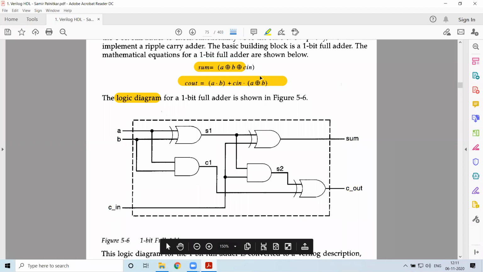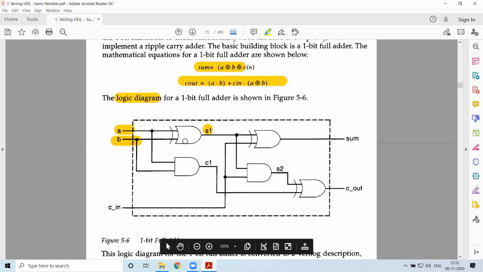Now based on this equation, A XOR B is the first case, which results in an intermediate signal S1. Then you have to XOR it with Cin. You can use a three-input XOR gate also, but here they have represented it in this form, so this is also fine.